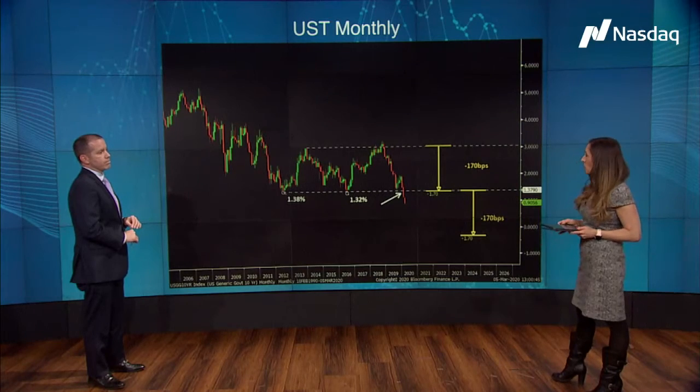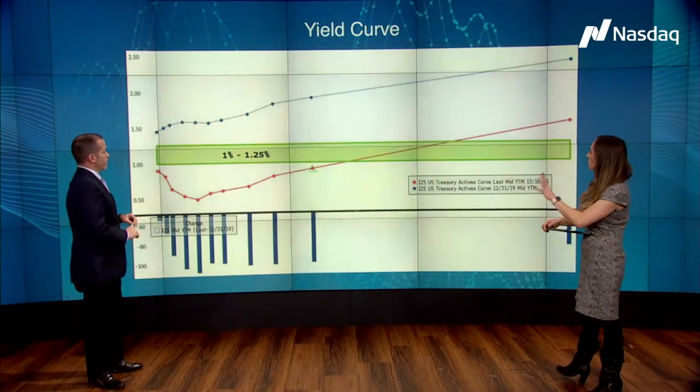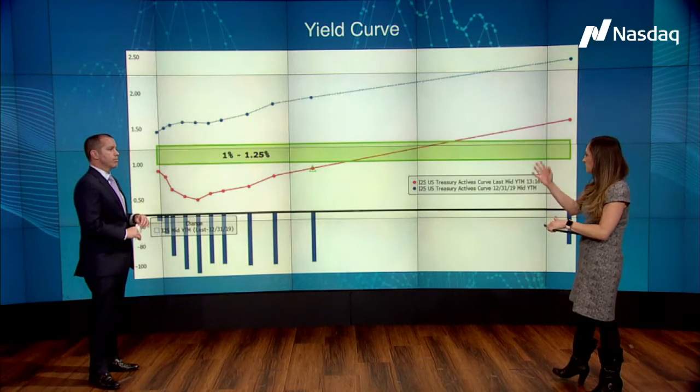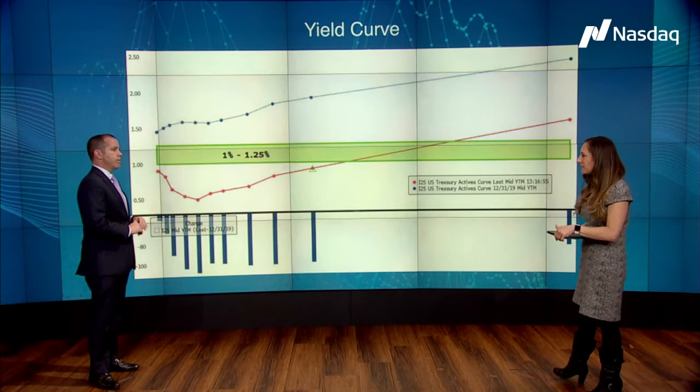It's really quite extraordinary. February 19th was the high just about 12 trading sessions ago, and the move has really been quite extraordinary. Let's move on to our next chart here, talking about the yield curve. And we heard a bit about this in 2019 with the way the yield curve was positioned, inverted, not inverted, and potentially we can go into recession. Those fears were wiped away. It's front and center again.